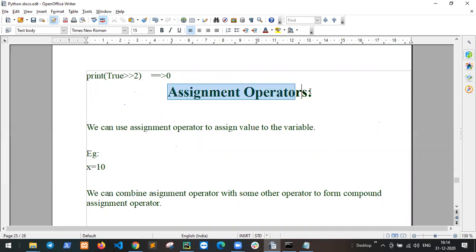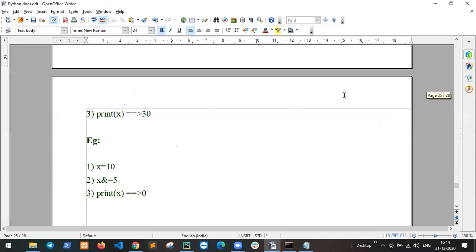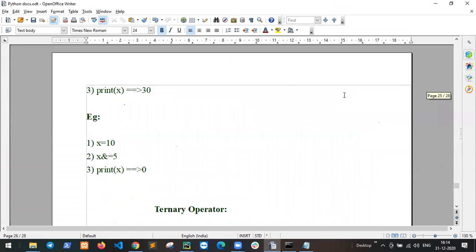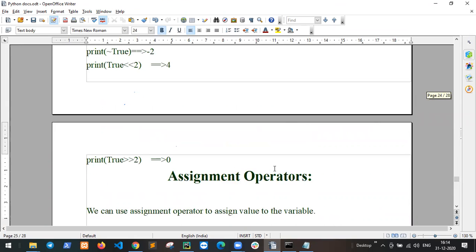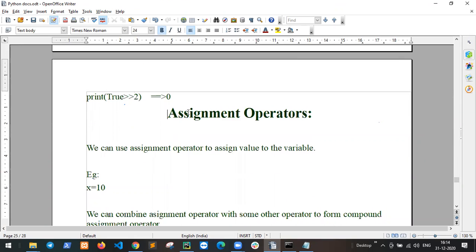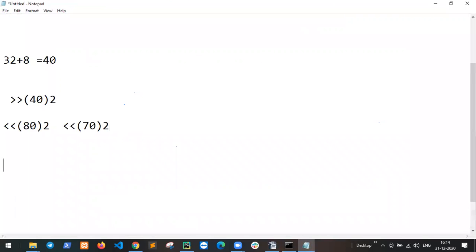The last topic is assignment operators, after which comes the ternary operator. You already know the assignment operator: a equal to 10 is an assignment operator.